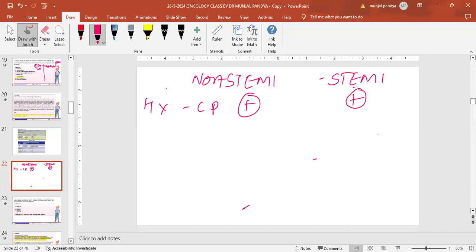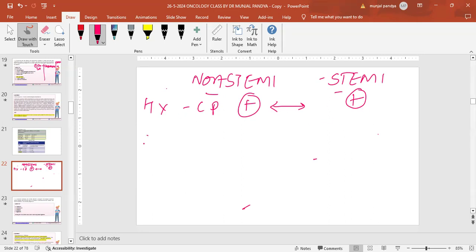Chest pain is just the symptom for you to think of MI, right? But STEMI or non-STEMI, you cannot differentiate by the history. This is what I mean to say. History will give you the idea, okay, fine, it could be MI. But you cannot say, oh, this is the pain, it is non-STEMI, this is the pain, it is STEMI. Never. No cardiologist in this world can differentiate STEMI from non-STEMI.